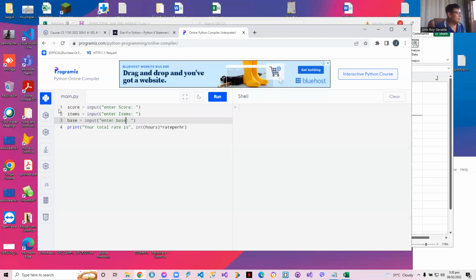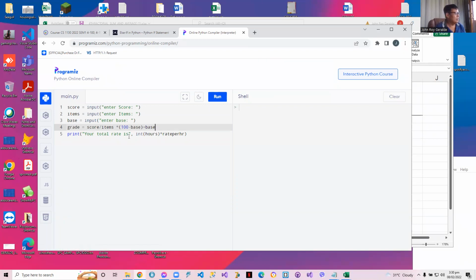Have you done this in Python? I hope we can do this in C# also or C++. Okay, grade is equal to score over items times 100 minus base. Okay, can we run this? Your grade is